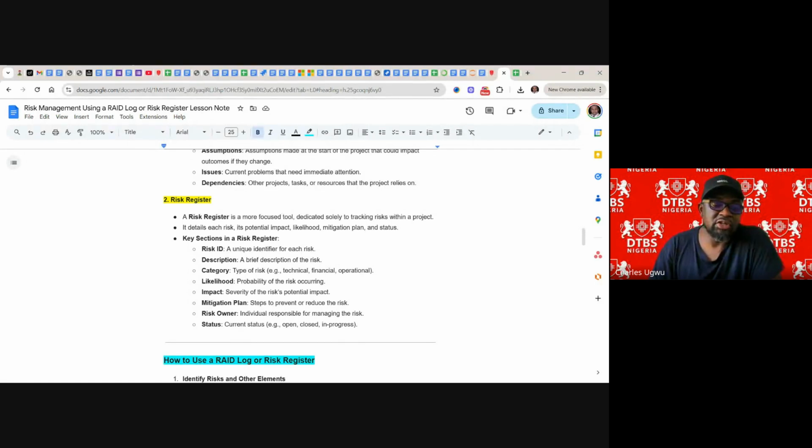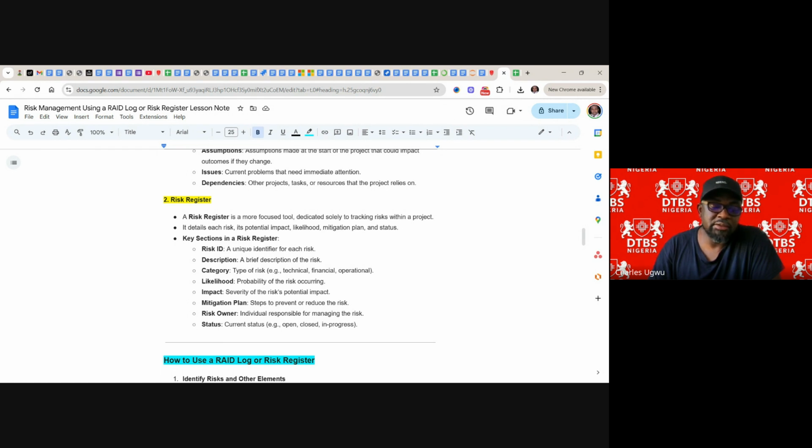Key sections in a risk register will have a risk ID, a unique identifier, a description, a brief description of the risk, category, types of risk, technical, financial or operational risk, likelihood of the risk happening, the probability of the risk occurring,